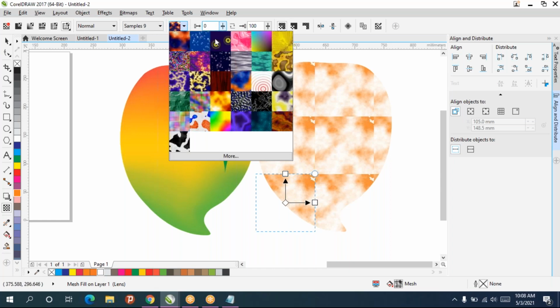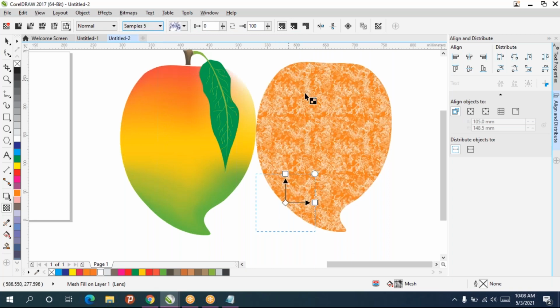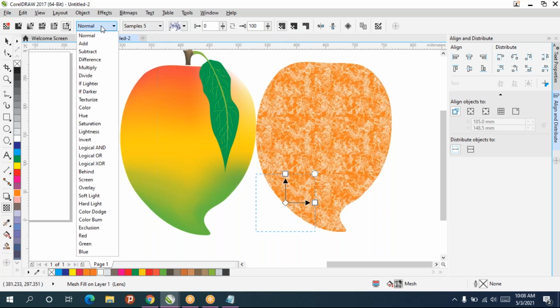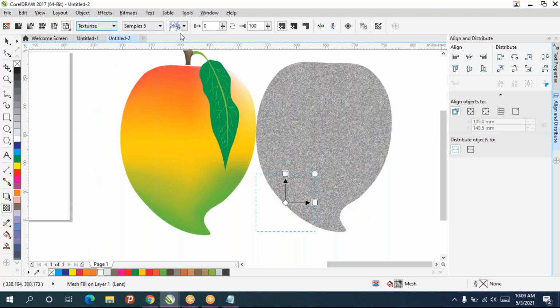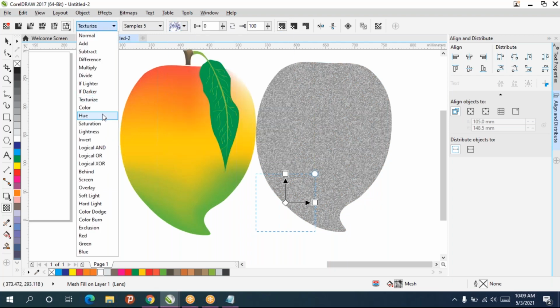So these textures and all, remember, suppose if you require, you can use. So we have lots of textures. So you can use anything in this, and transparency tool and interactive fill, both the thing it will come.